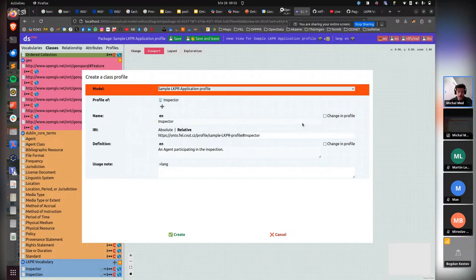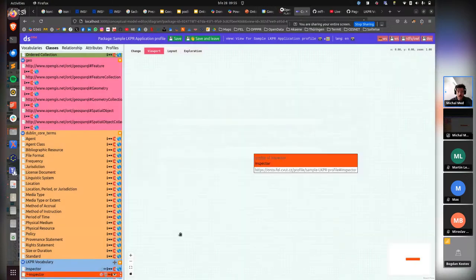You can change specifically for the profile. So we are creating the profile of some class, but you can change the attributes of that class, which will be valid only for the profile. So I can change the name, I can change the definition, I can add some usage notes. I won't be doing anything of that. I just click create, and I get